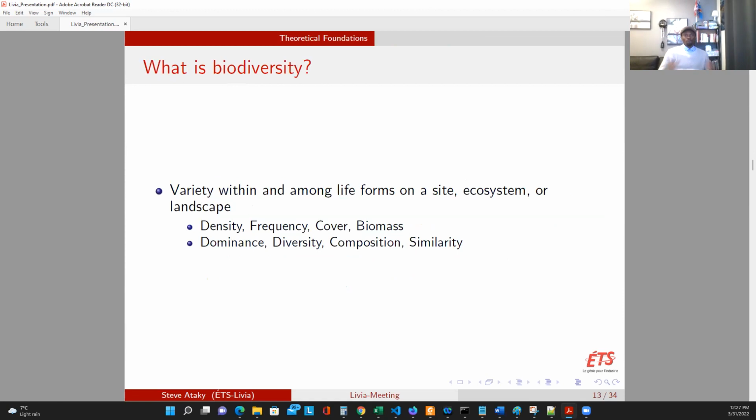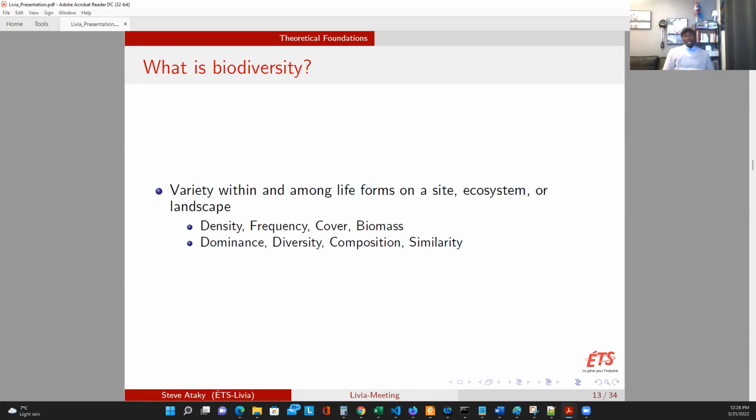Now we are going to have an overview of the biological concept that we have applied in this work. First, let's define what biodiversity is. Biodiversity is defined as, this is one of the definitions, there are many different ones. So the biodiversity is seen as a variety within and among life forms on a site, ecosystem, on a landscape,